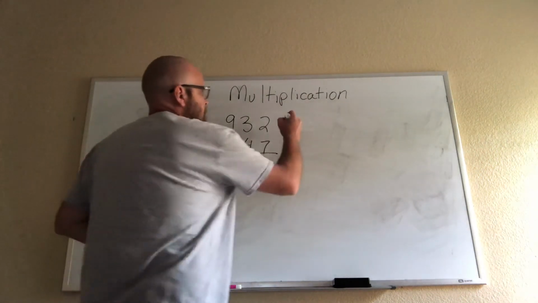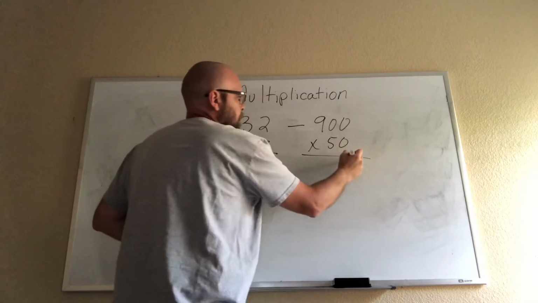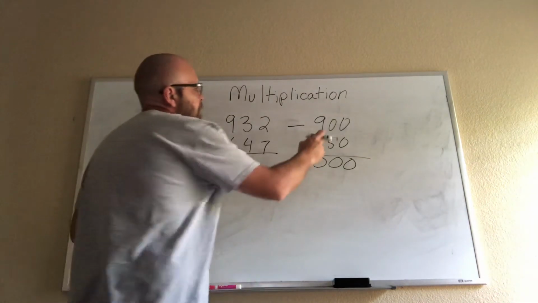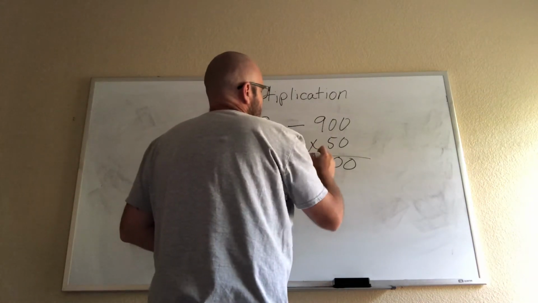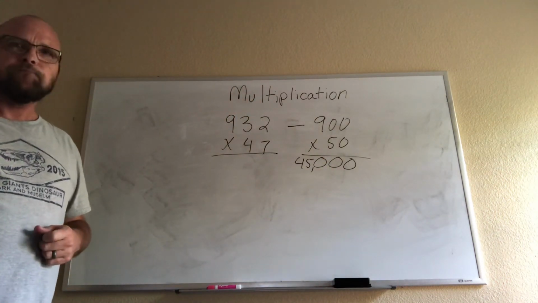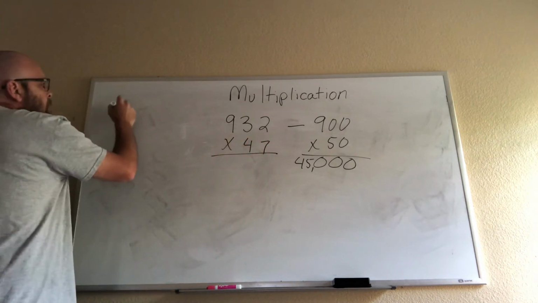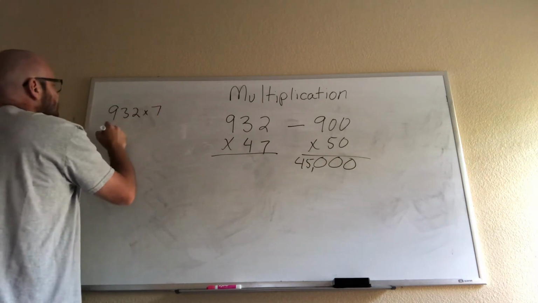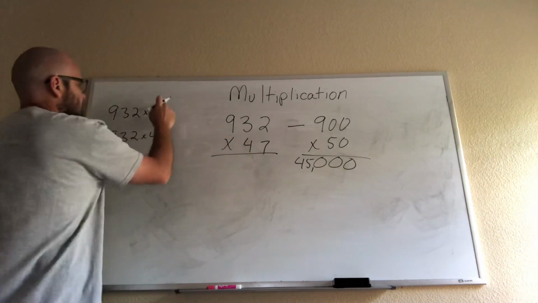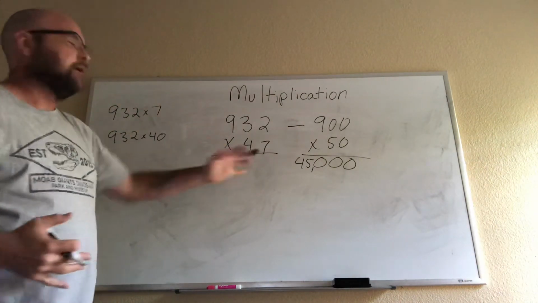And I could make this 900 times 50. I can put all 3 of these zeros down because that's what's going to happen if I multiply my zeros all the way through. And then I can do 9 times 5, and I get 45. So my answer should be somewhere near 45,000. Then I could do 932 times 7 and 932 times 40, because 47 is 40 plus 7. So you could do it that way and then add these two products together,